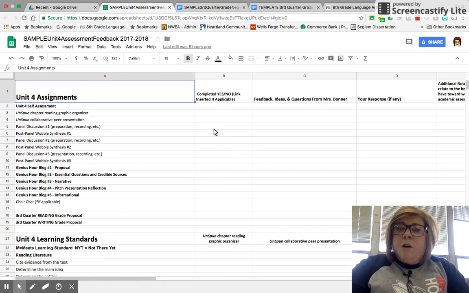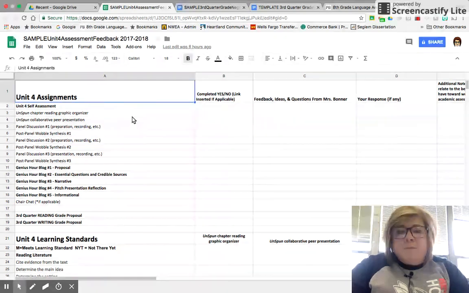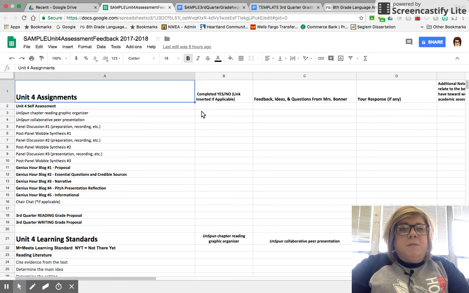One of the things I want to note about this, as I'm sure you may already know, is that some assignments have been done in class, meaning they may not be able to be linked. For example, the chapter reading graphic organizer that we completed in class was just paper and pencil.